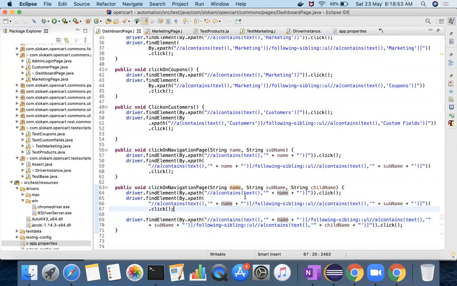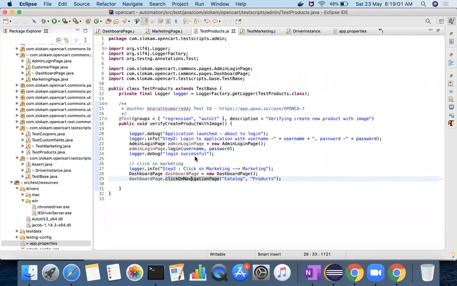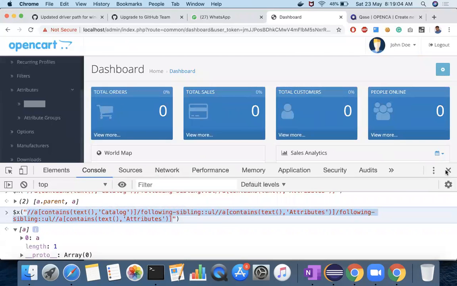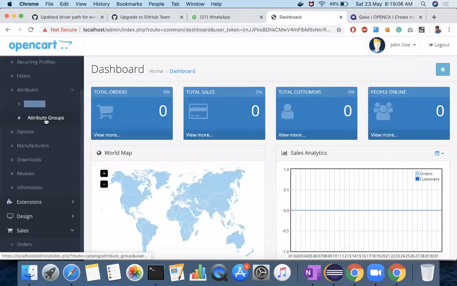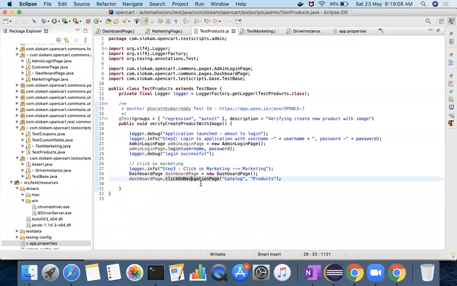Now if I want to click on anything which is having three layers, let's say click on this attribute groups. If I want to click on attribute groups, how do I do that? Catalog.